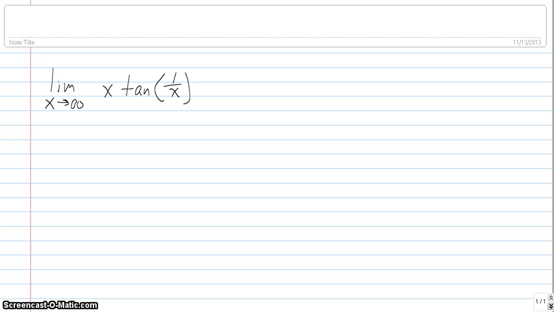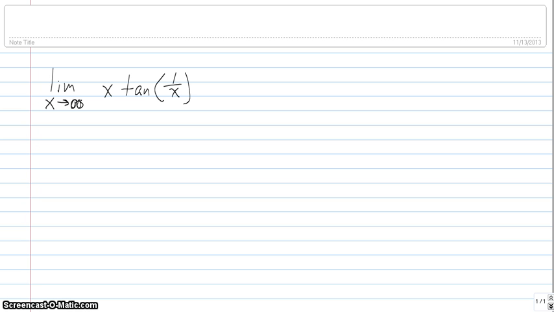Alright, so in this video we're doing a calculus problem where we're trying to compute the limit that we've got on the screen, and it's the limit as x goes to infinity of x multiplied by tangent of 1 over x. And so if we attempt to evaluate this right off the bat, we end up with